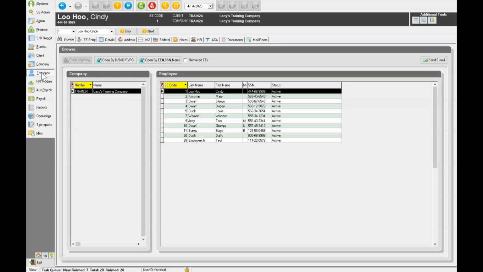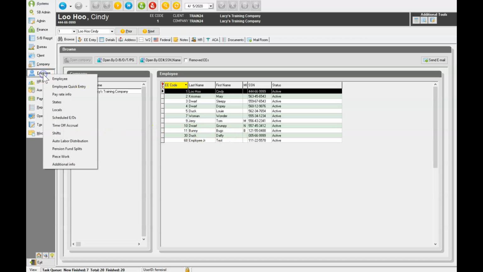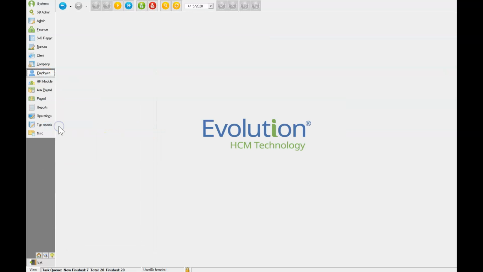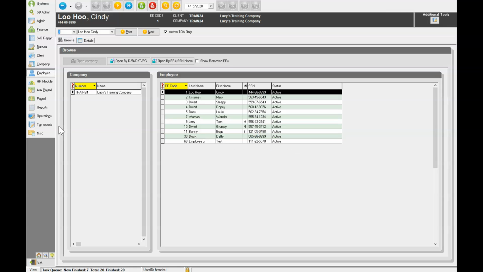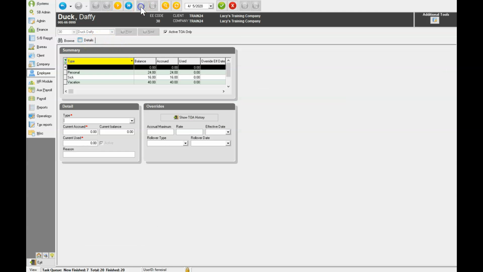now. To begin setup in Evolution Classic, click on the Employee button on the left and select Time Off Accrual, which opens the Browse tab to show the list of all our active employees. Click on the desired employee to select and then click the green plus at the top of the page to create a new record. In the Detail window, click into the Type field and select FFCRA Sick Plan from the